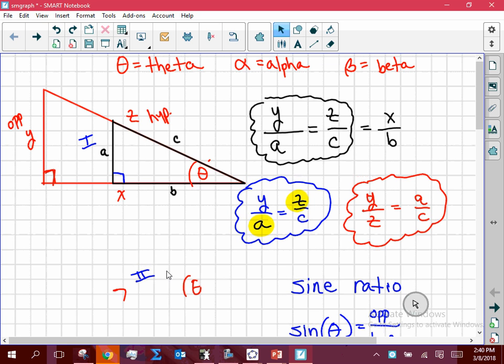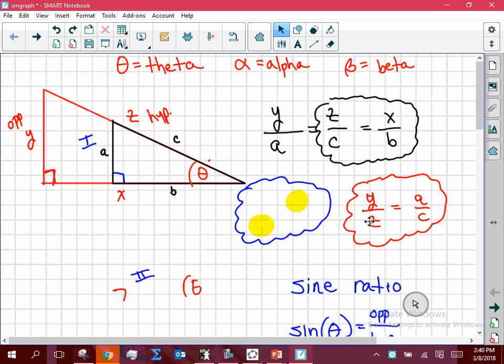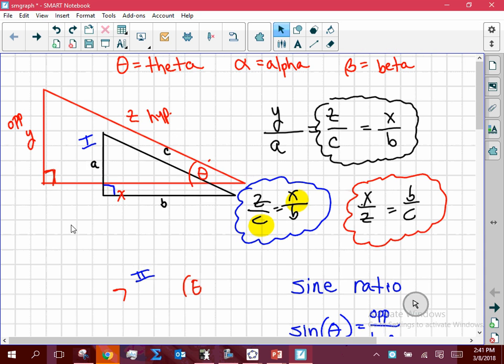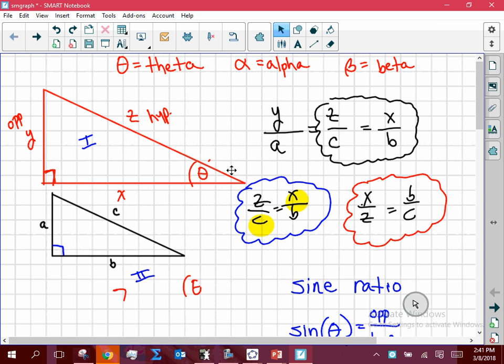So that is only one of the 3 ratios. We might have a little bit of time to talk at least about these 2. If I look at those 2, we got z over c and x over b. If I interchange those, I get z over x and c over b. We don't usually like to compare it that way. We like to look at the reciprocal. So I'm going to take x over z and b over c, because we always like the hypotenuse to be on the bottom. And that then becomes, if I look at the triangles over here, comparing x to z,